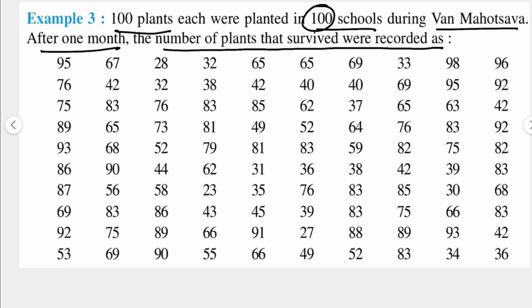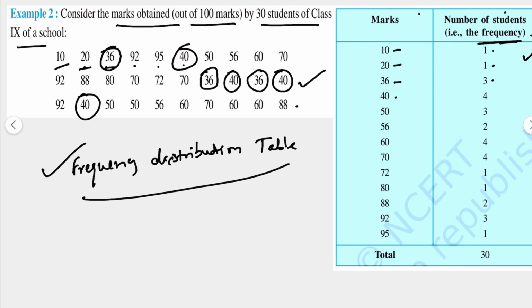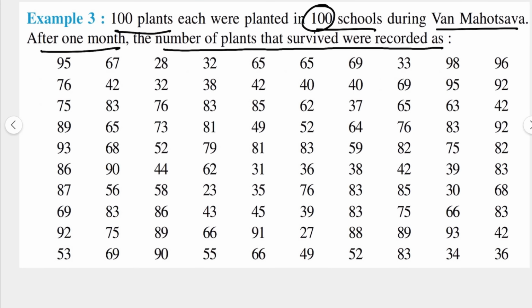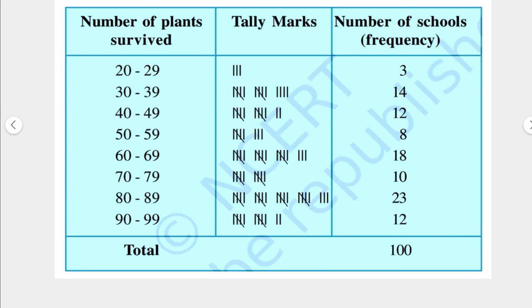If we represent this data in this table, the table will go on and on with so many rows. So to avoid this problem, we start making intervals or groups of this information, like this. What we did here is we looked for the lowest number. If you look at the data closely, you will find that 23 is the lowest number. There is no number less than 23. So we decided our first group or interval should be 20 to 29.